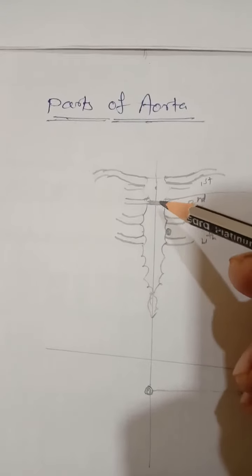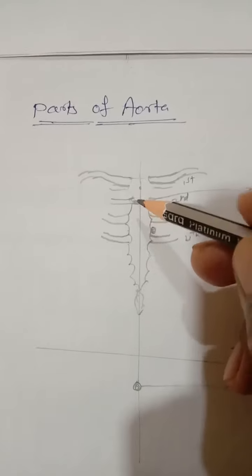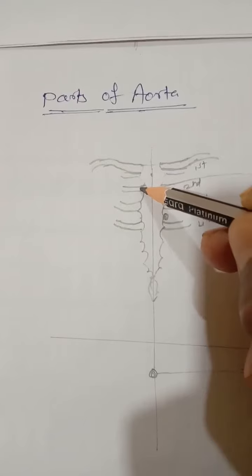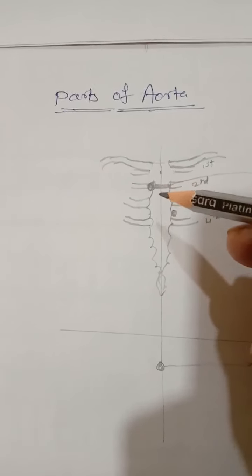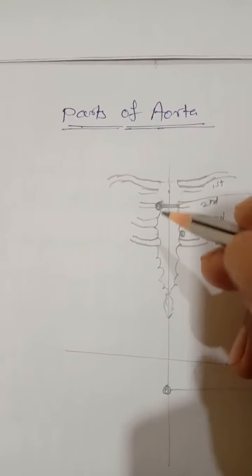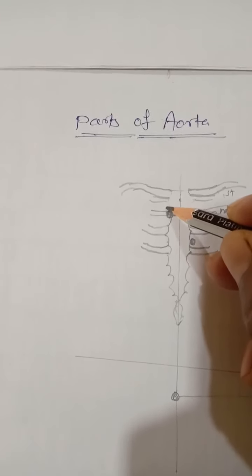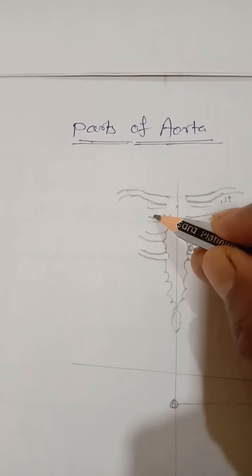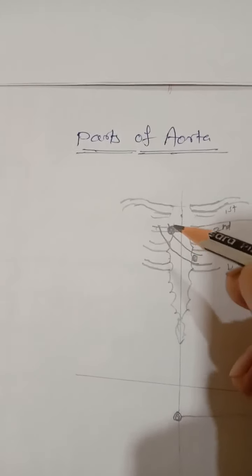So here you can see the sternal angle: the manubrium sterni and the body should be attached with each other to form the sternal angle, and the point should be taken at the right half of the sternal angle. So that is the second point. Then draw two parallel lines 2.5 centimeter apart from each other. So first, that line should be drawn, and second, the same parallel line 2.5 centimeter away.